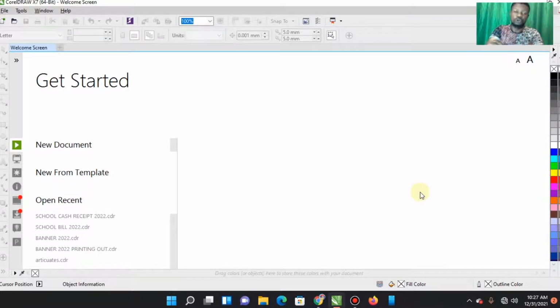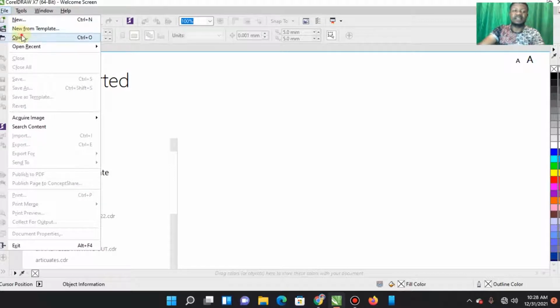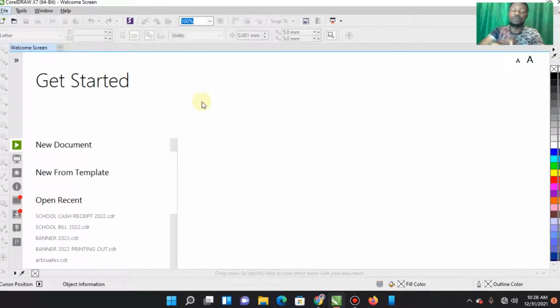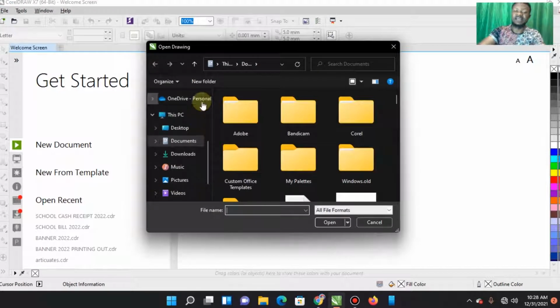Or you go straight to the file menu and click on open so that you can open the graphics from the folder where you saved the graphics file, and that is exactly what we are going to do now. So follow me as we achieve this together. All right, now I'm taking the second step. I'm clicking on File, then I click on Open. So I'm going to open the graphics that I have designed.